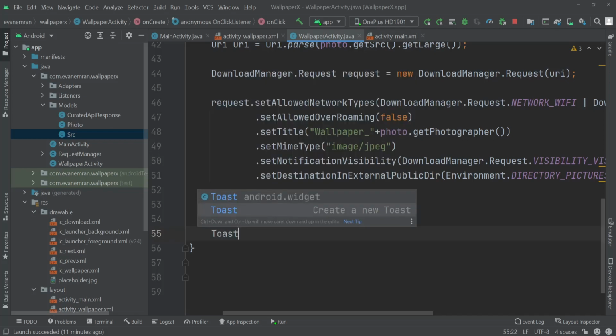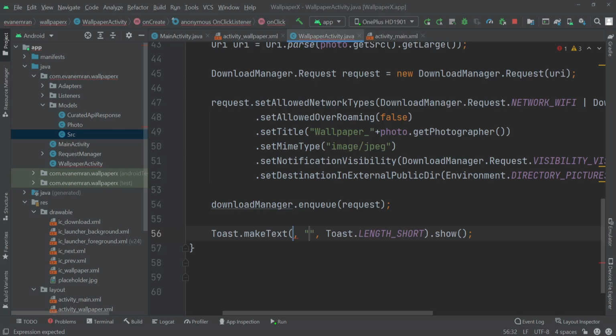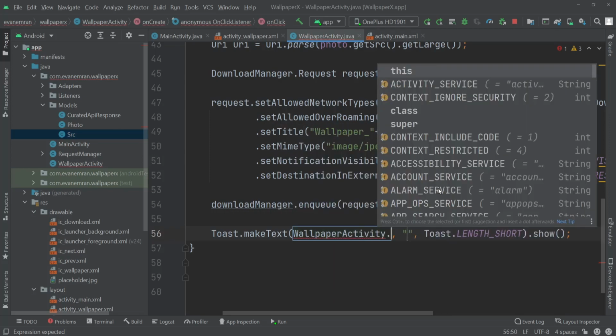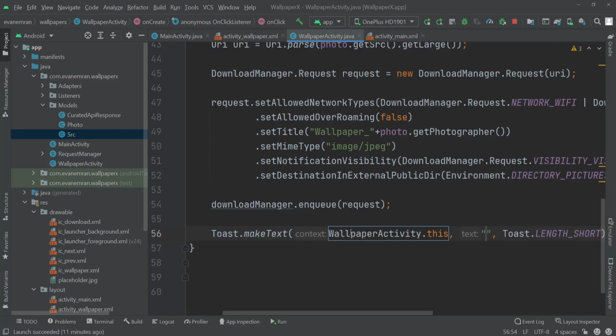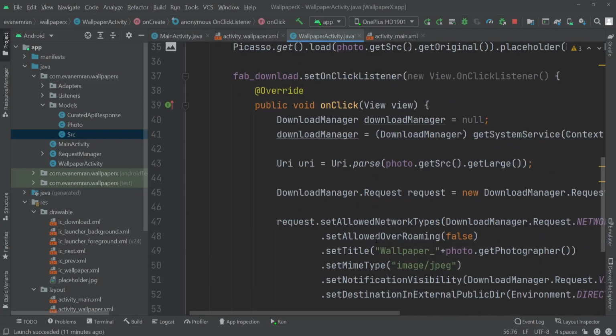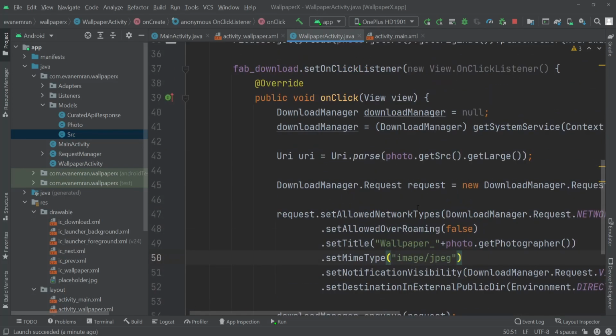So I'll write a toast message. For the context I'll pass wallpaper activity dot this, as our activity name is wallpaper activity, and for the text I'll pass download completed. Okay, so I guess that will do the job. Alright, so now let's try to run our application to see the changes. So I'll click on this run,